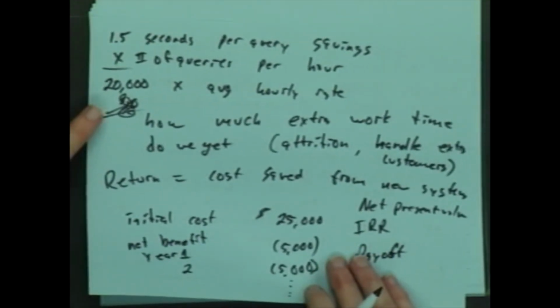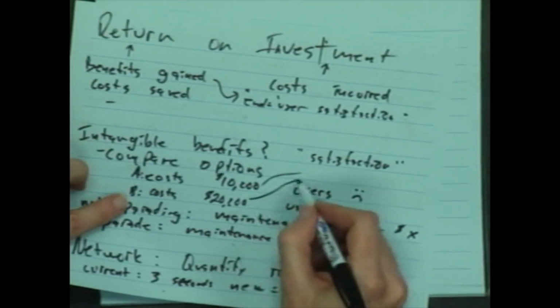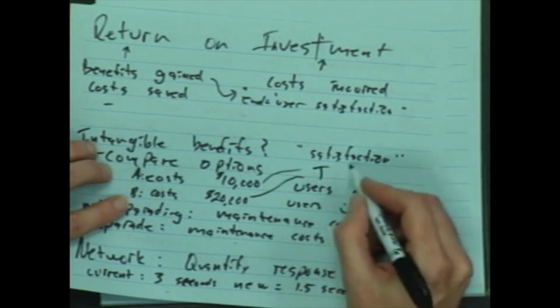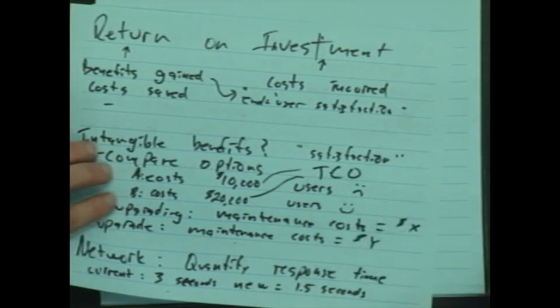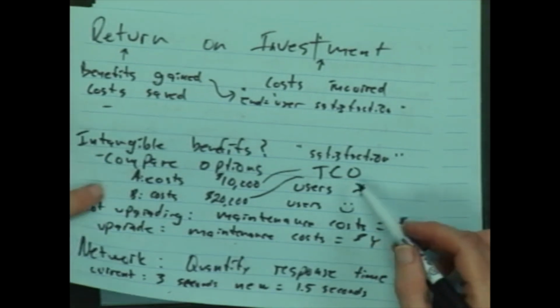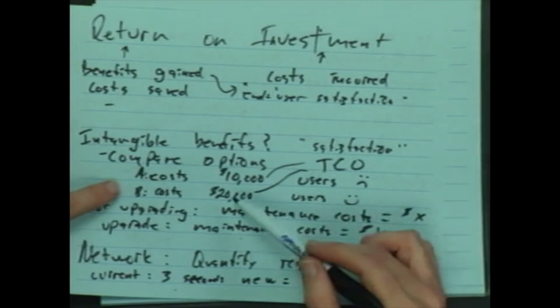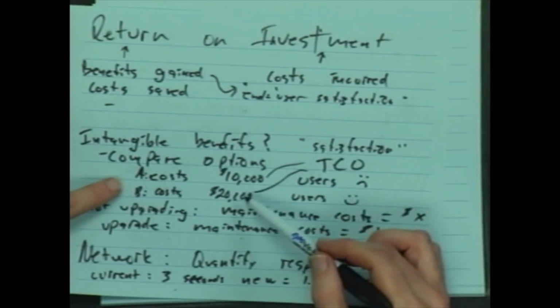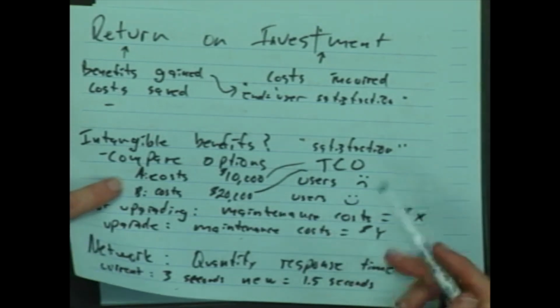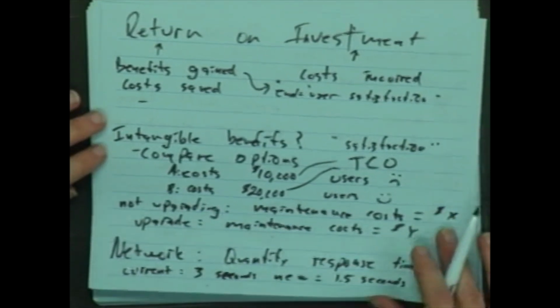Let me see. Where was my other thing I was going to say? We just did payoff. Oh, over here, just this note here on the costs. You can do what's called total cost of ownership, TCO, because there's no return on total cost of ownership. You're just saying we want to make our users happy, and we're choosing between two different options. And then you have to quantify how much maintenance and everything else. But that was sort of what I wanted you to shoot for on this hands-on.